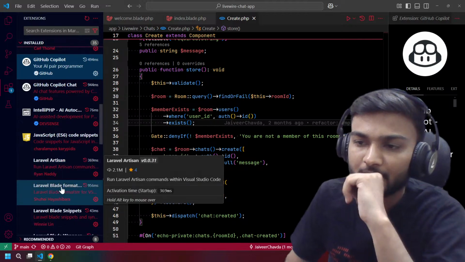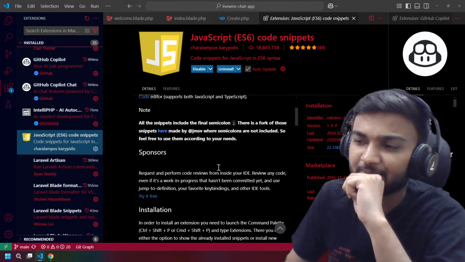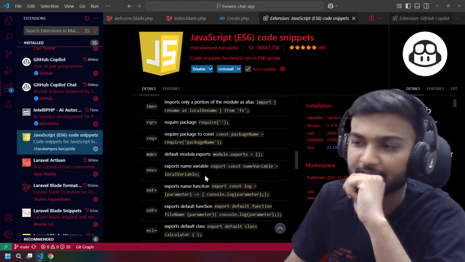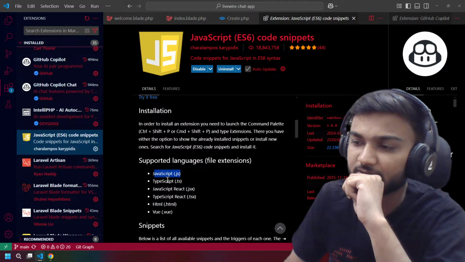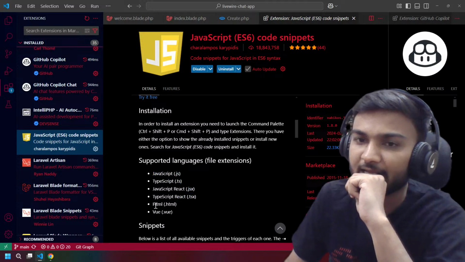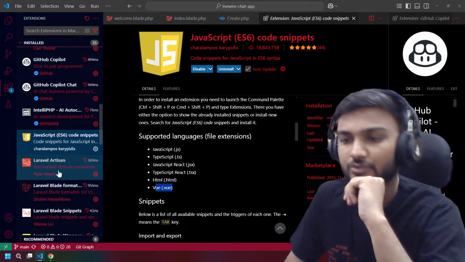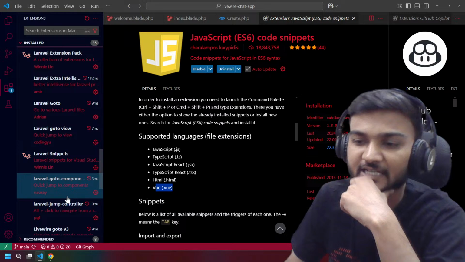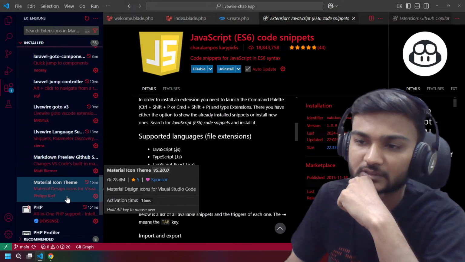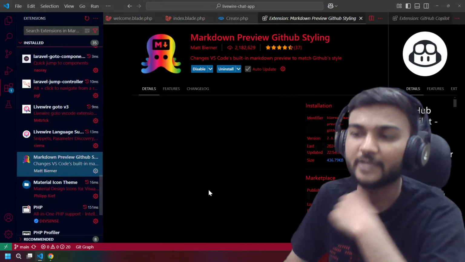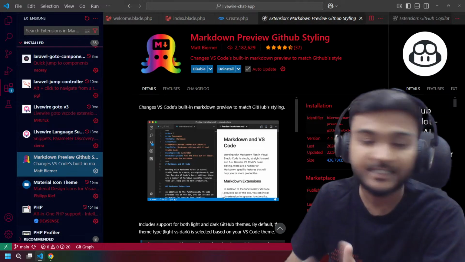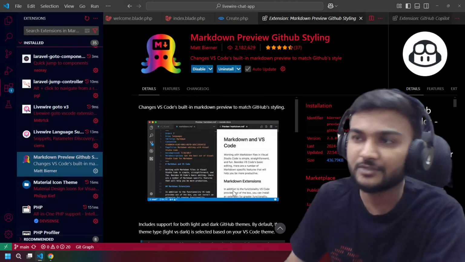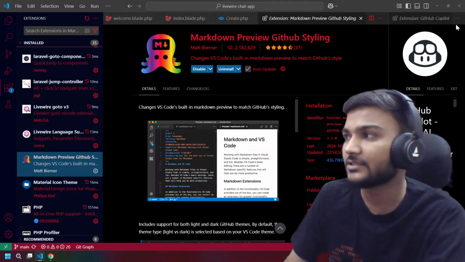So yeah, other than that, the JavaScript snippets, maybe it is not that useful, but I use it. It provides autocompletion in JS, TS, JSX, TSX, HTML, and Vue, right? Other than that, let's try to finish non-Laravel related stuff first. The Markdown preview in GitHub style, because sometimes we write README and we need to be sure how it will look in the